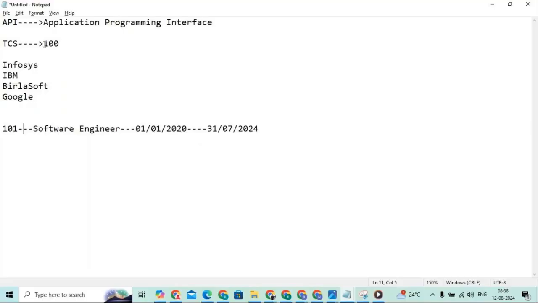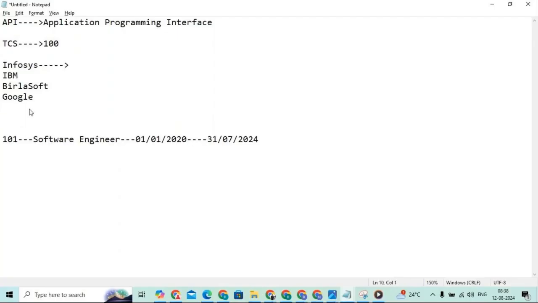All right, and if he joined Infosys, now Infosys is the client that is requesting, and TCS is the service provider. And one more important note here: whenever you are working with APIs,